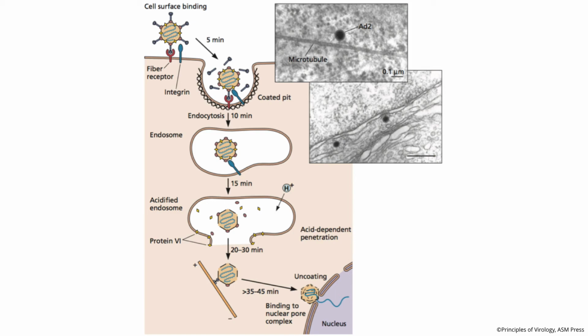Then the particle is endocytosed. The endocytosis requires a second receptor, an integrin shown in blue. So within a few minutes of binding the cell surface, the adenovirus particles get taken up by endocytosis. And then, as you know, as the endosomes move toward the cell interior, the endosome becomes acidified. And as that happens, one of the proteins embedded in the viral capsid, the little yellow diamonds shown there,